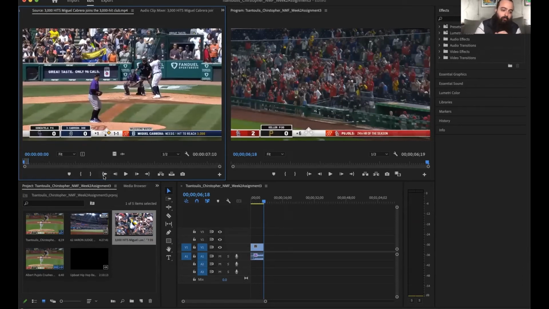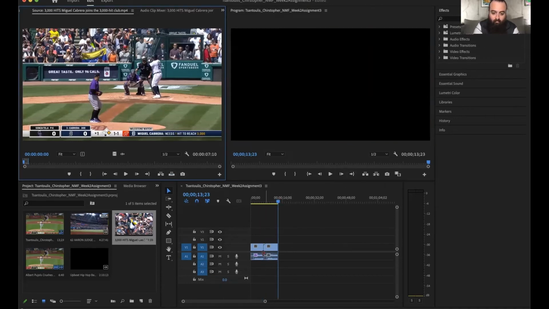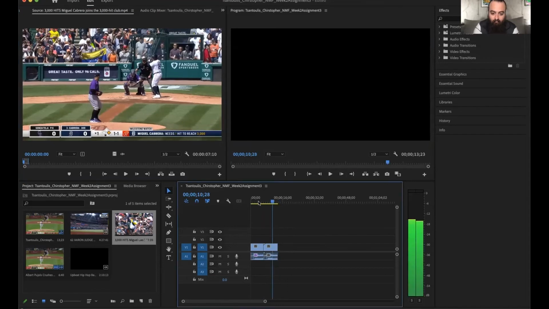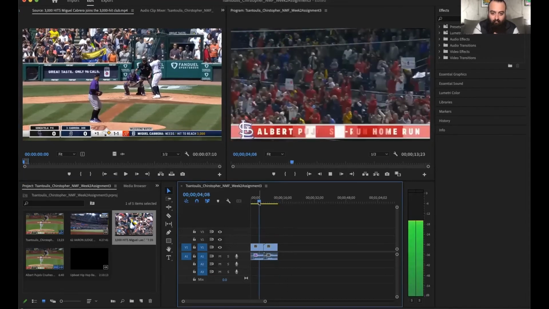Now I hit I, and you see this little marker. That means that this area in between these two blue parentheses is our clip. So like I said before, we want to go to the end here, make sure we're at the end, and then you hit overwrite and it'll add that clip on there. So now we have